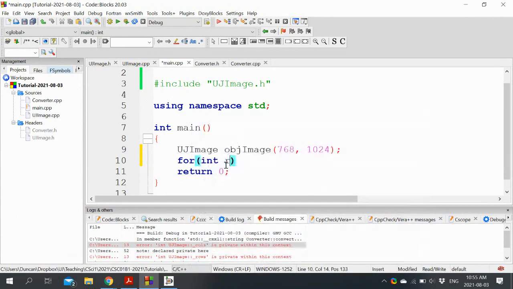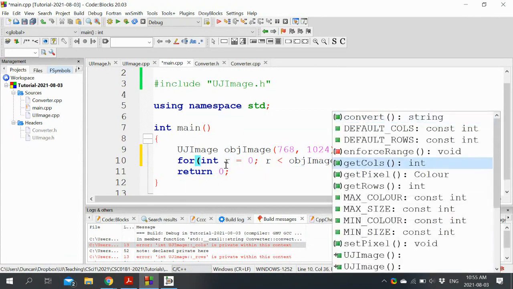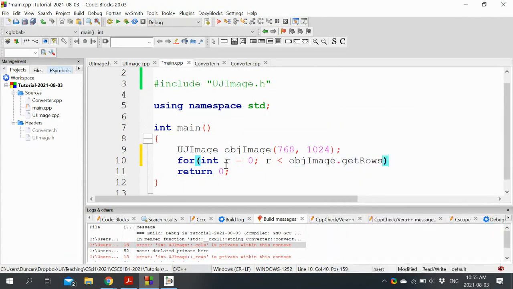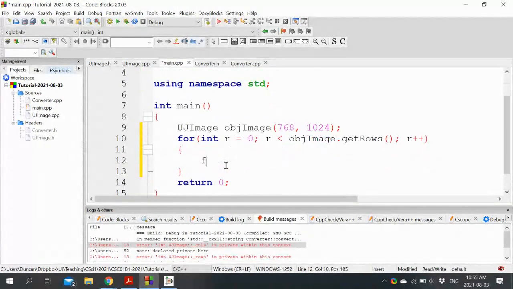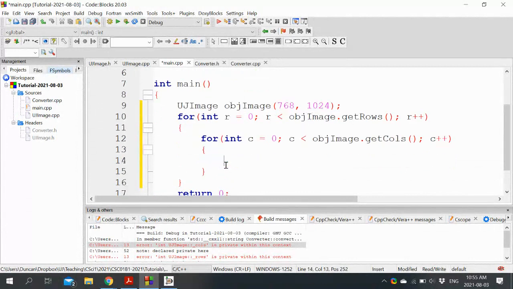So for every row, for every column, we'll just split it 50-50 even.